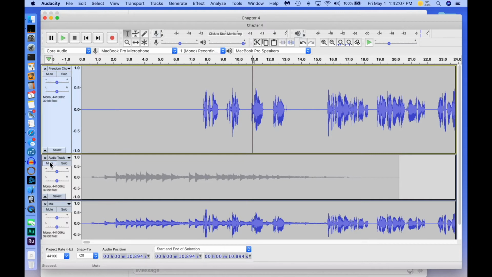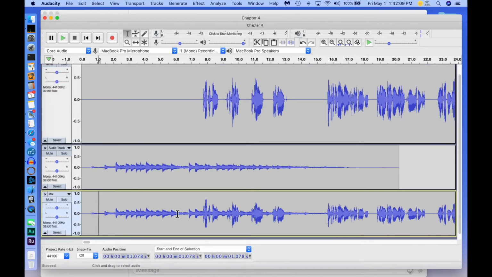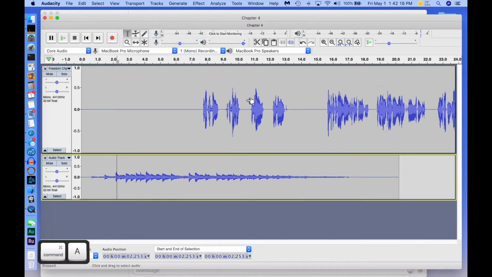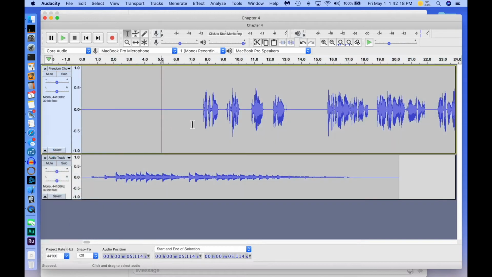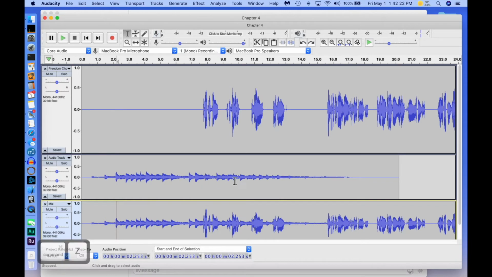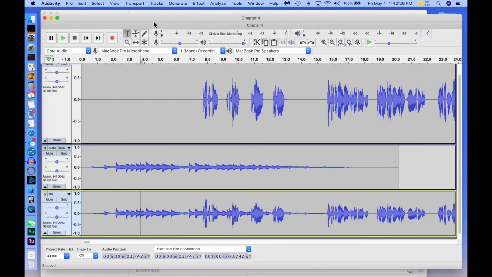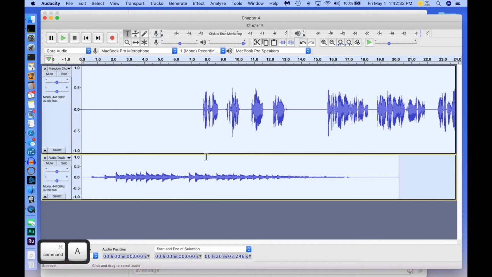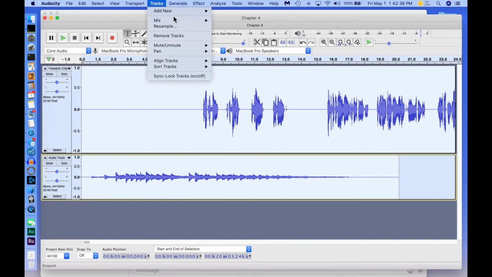And then let's get rid of this track. We click in it to select it, and we remove track. Then we do a Command Control A, select everything. Oops, that's not what I wanted. Get rid of that track. Remove track. Okay, so I do a Control A to select everything in both tracks, and I go to tracks,